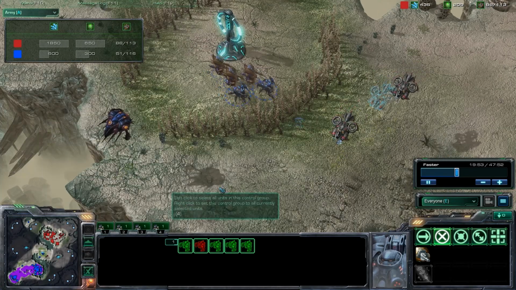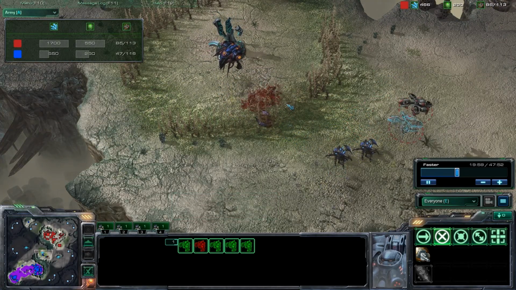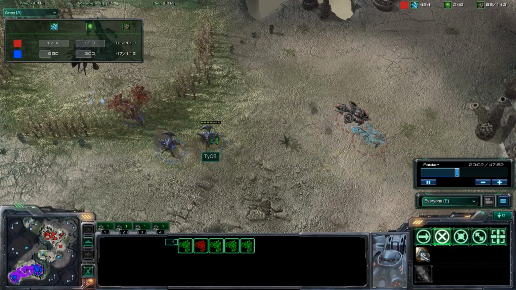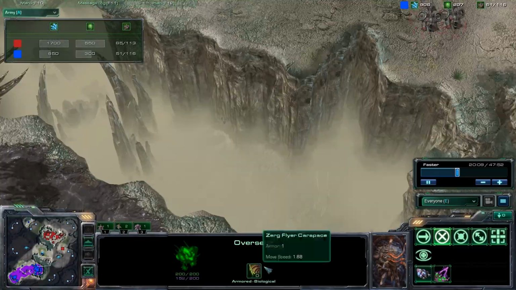Okay, so I have these Banshees here. They are going to pick a fight, but yeah, not really going to lose. My opponent has an Overseer up now, so he is not going to lose any